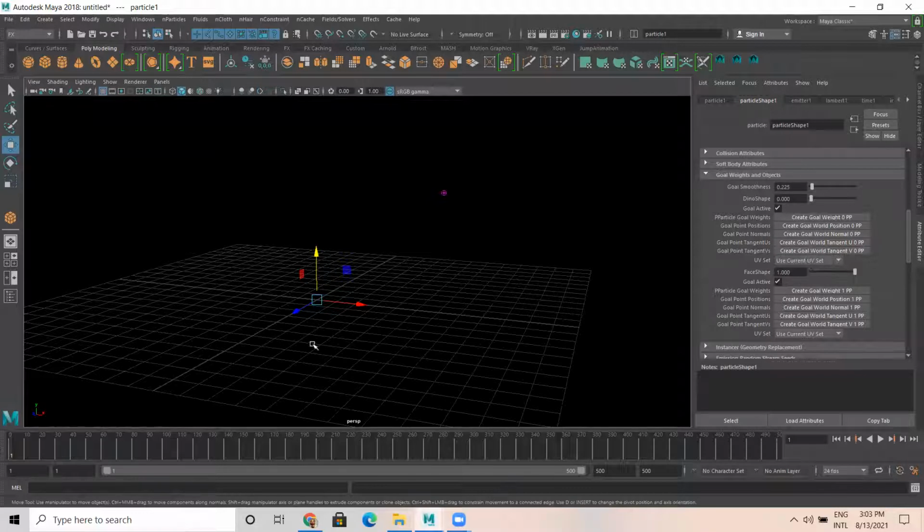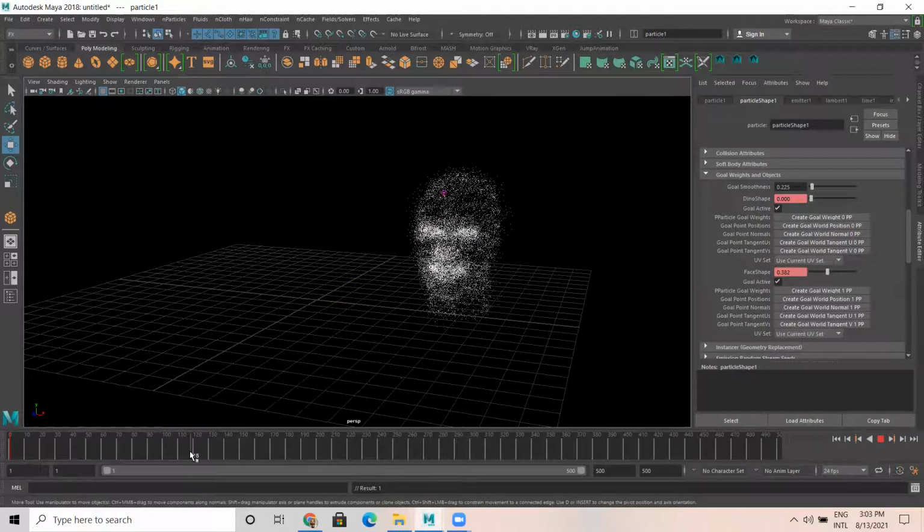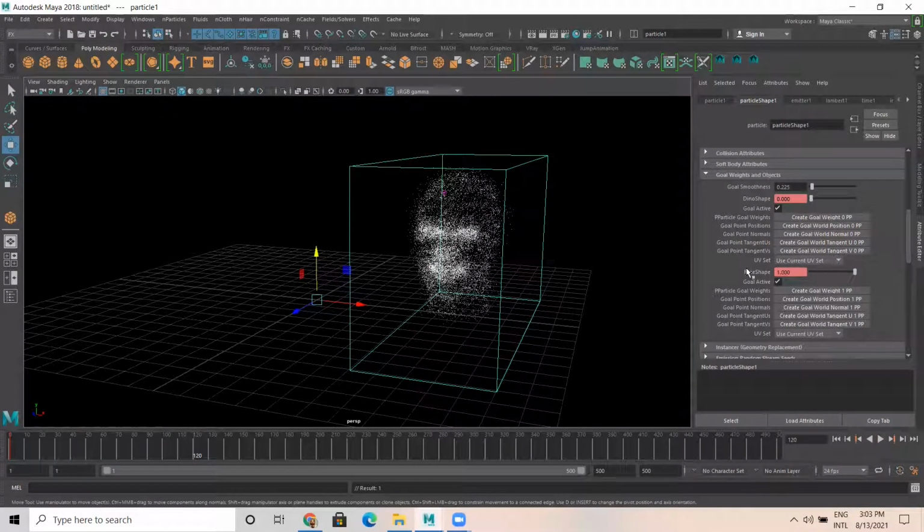So what I'll do, dino shape set key in 0 in 1, make it 0, and this one make it something like this, set key at 100. I want it to be 1 completely, set key, and dino is still 0.